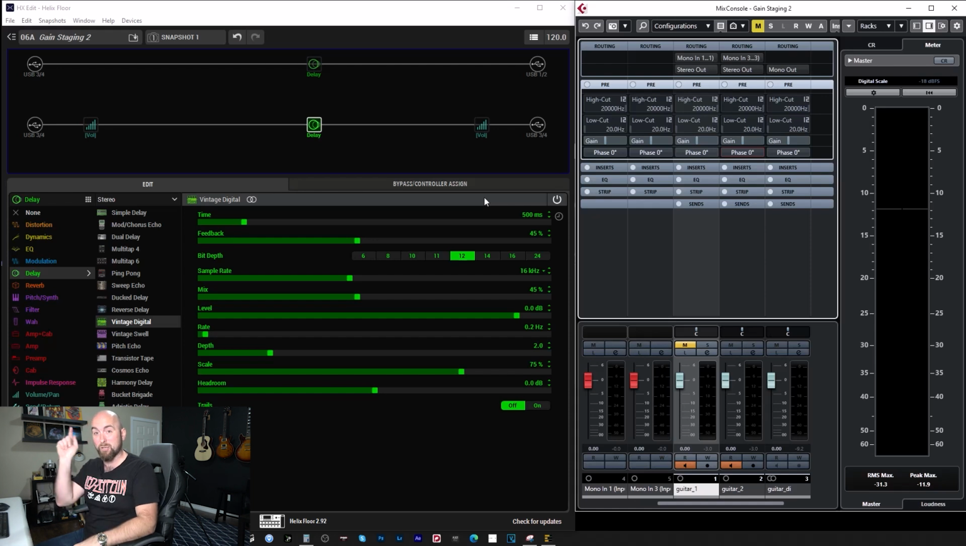So this idea that it's not supposed to do that, now, whether you want that or not is different, but within the processing of the vintage digital delay block, we can get rid of that. The reason is its bit depth is set to 12. As we lower the bit depth, and watch as I play that and listen as I lower the bit depth,